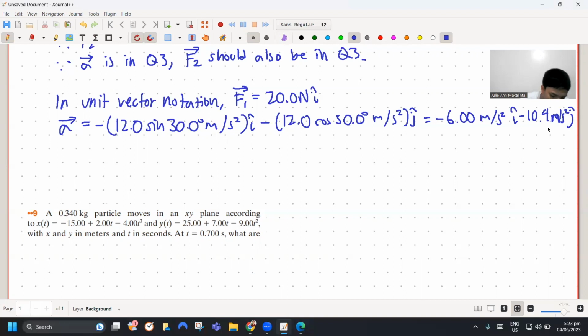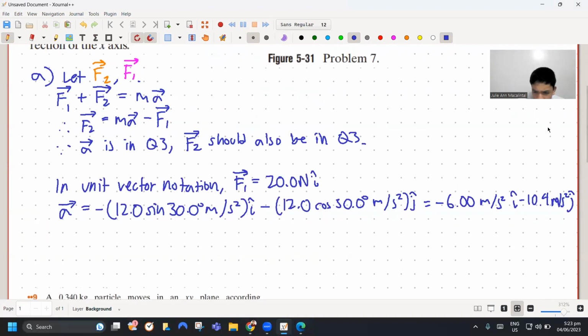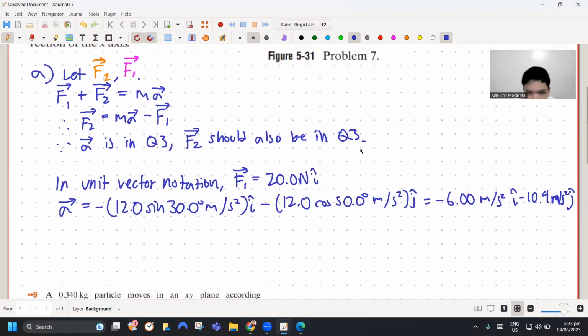Kaya, same number, gawin mo muna na same number of decimal places. So, 10.400. So, 10.40. Para lang, ano, and then mamaya tayo mag-round off. Okay, so yan yung acceleration. So plugging it back in. So F2 is